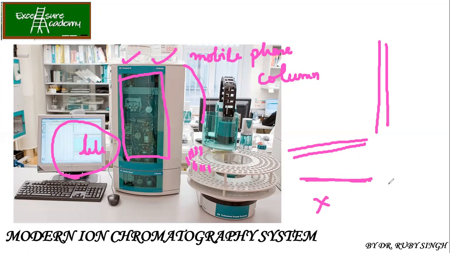So now what you can do is, wherever the peaks are coming, only at that time you can collect the sample. So you don't have to go to the spectrophotometer because it is attached to it. And wherever the reading is coming, you can proceed. So only the test tubes having the reading will be collected. So in this way, most of your job has been done.